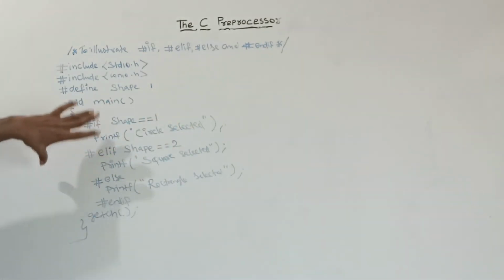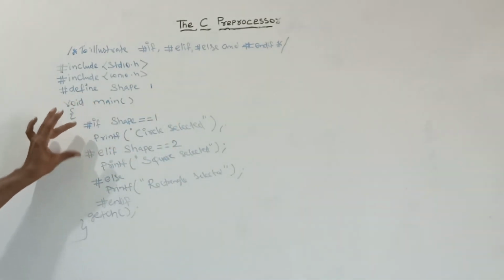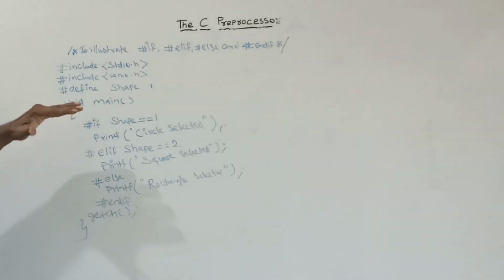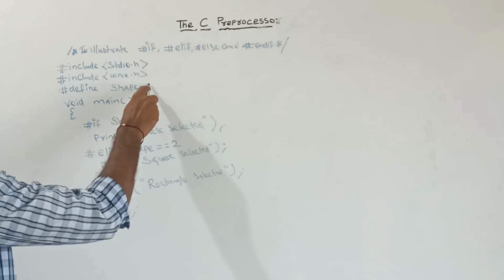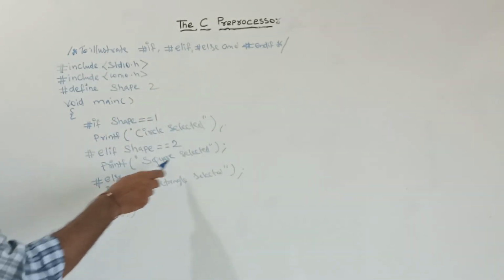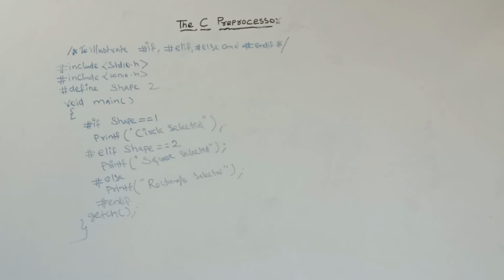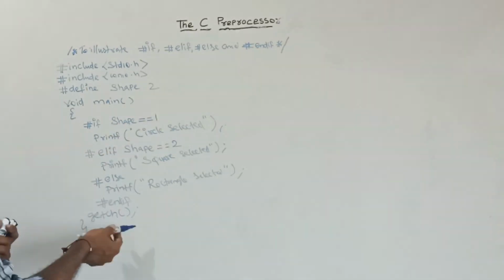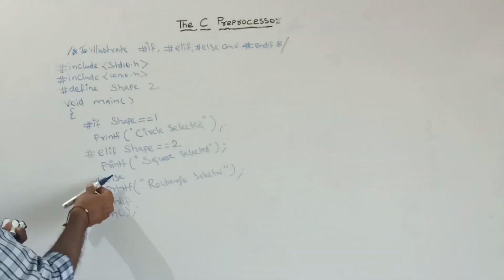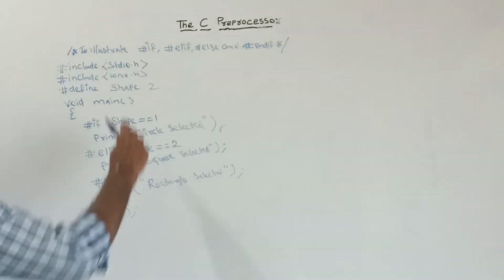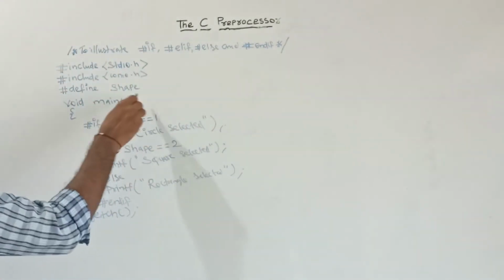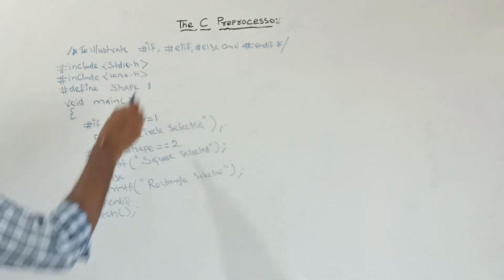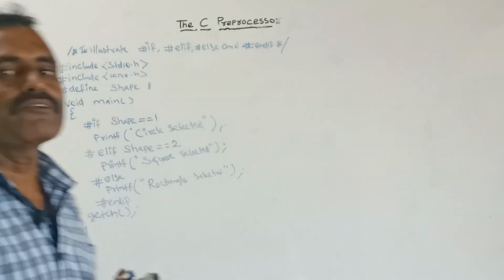circle selected. Suppose you want to draw the circle, here we can write the code for drawing the circle. In the same way, suppose you want to draw the square, then instead of 1 if you give 2, then this elif part will be selected, the square will be selected. In the same way, if you give some other number, the rectangle will be selected. So in the else part I am giving rectangle selected. Depending upon what shape we need, we can mention it in the macro. Upon that value, the shape will be selected and drawn.